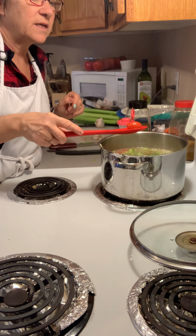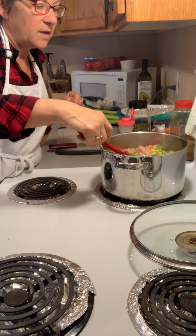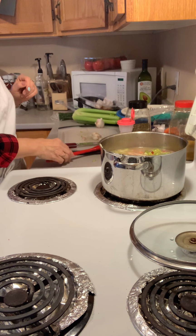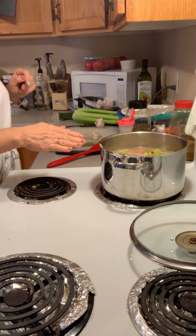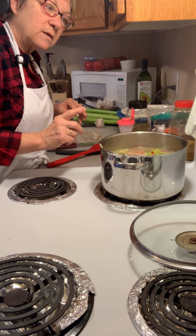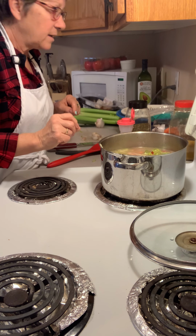So what I did, into the water, whenever I buy the little grape tomatoes, cherry tomatoes, and they start to go soft in the container, even big tomatoes, I rinse them and put them in a bowl and pop them into the freezer so that when I'm making soup, I can just throw those in and they just cook down. So then anyway, I put the frozen tomatoes in and I put celery, one whole white onion, and some